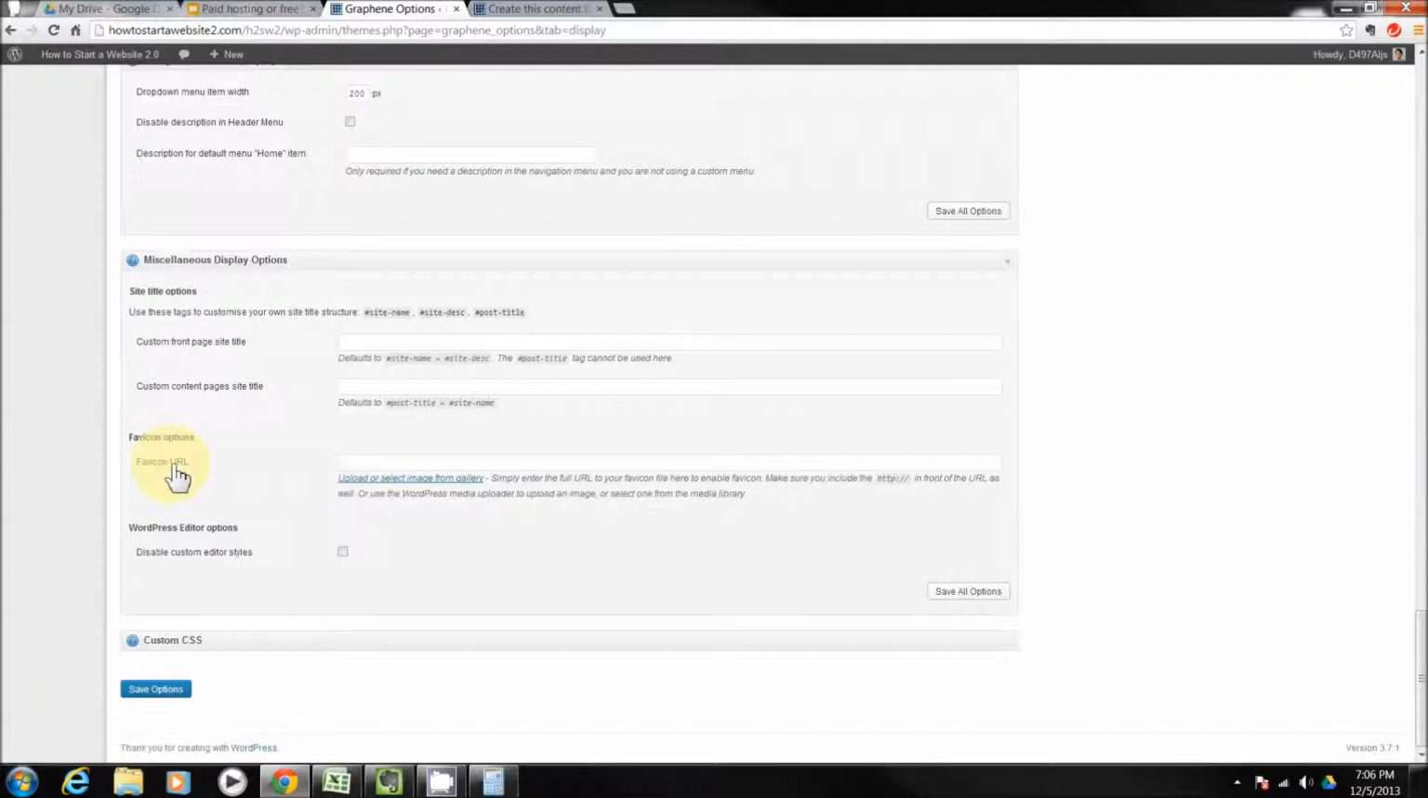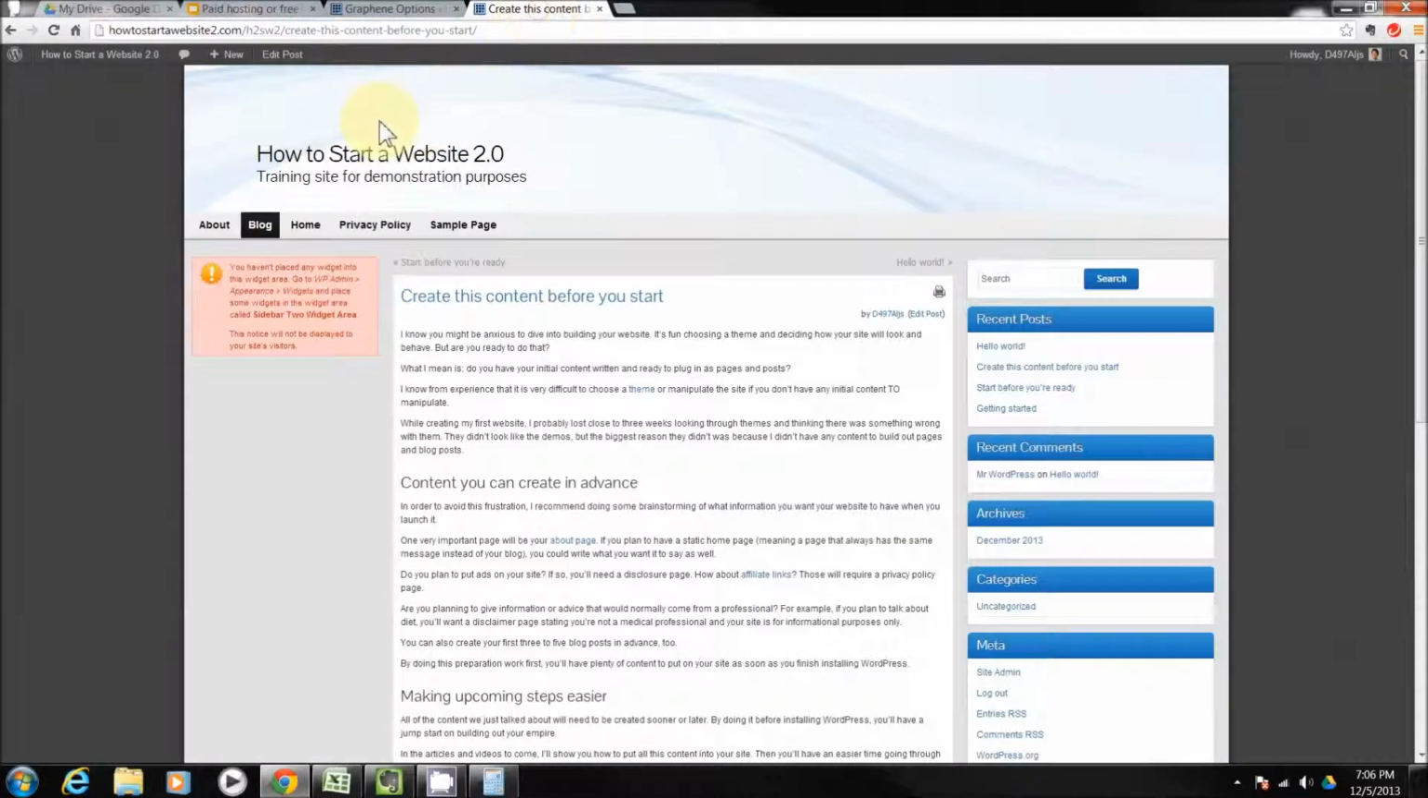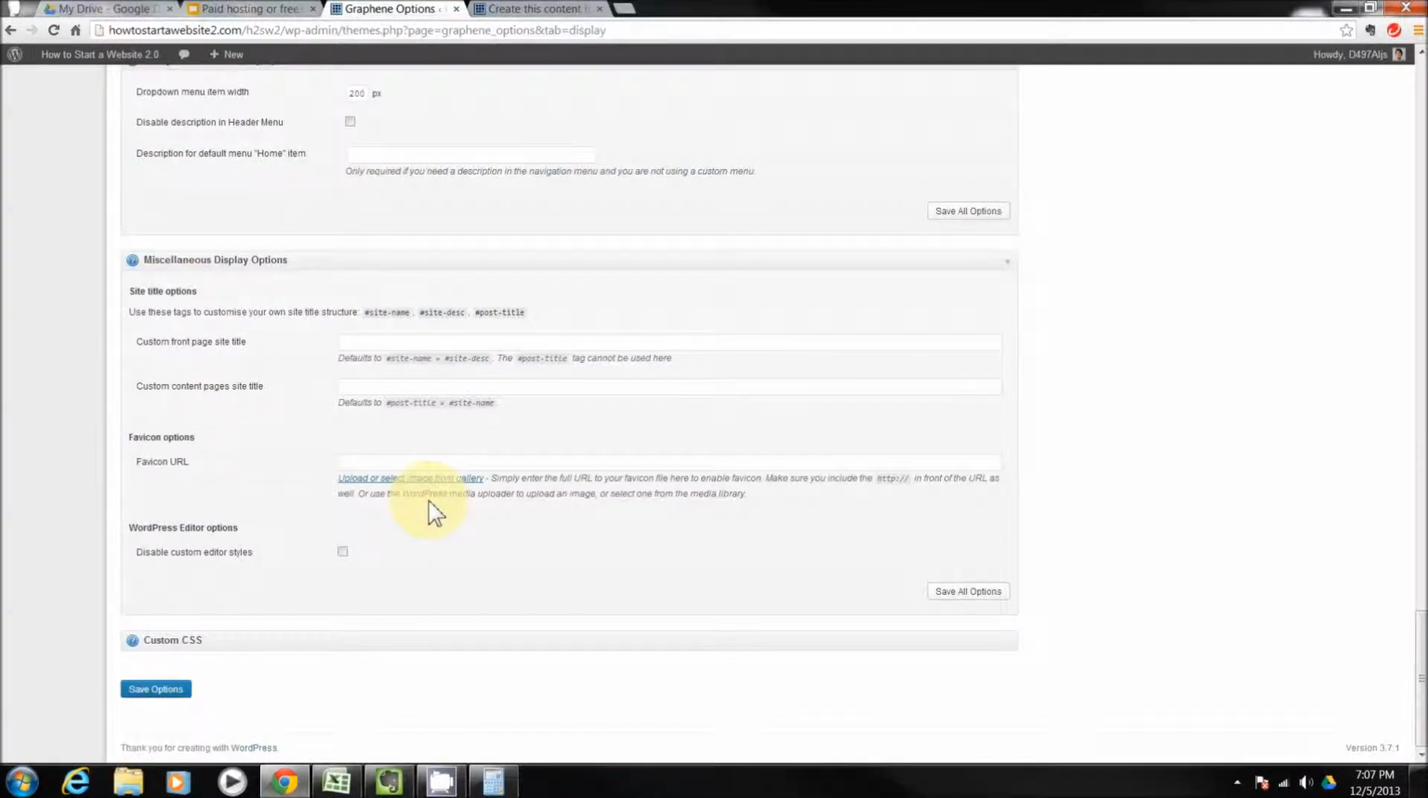So favicon options. What is a favicon? Well, let's see. The favicon is what shows up here in the address bar next to your URL address. Right now it just looks like a little nondescript page, and for whatever reason, that being a little picture is more enticing to internet browsers. So if you were to go and have a favicon made, because these are really, really tiny little pictures, I think they're only maybe 16 pixels,